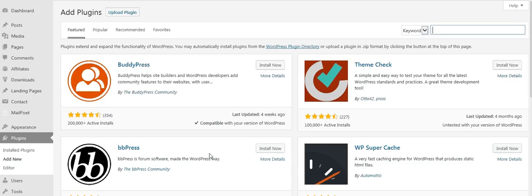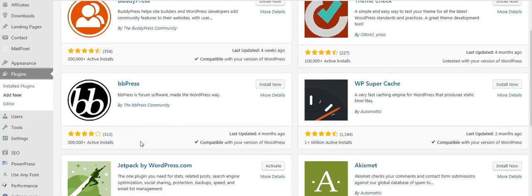Now you want to be careful. I'm going to give you a tip, okay? There's a lot of new plugins. You want to make sure you're using something that has a high number of active installs, and you don't want to use something that does not have a high active install number. And the reason why I say that is because people just throw out plugins just to throw them out there, and you don't want something with bad coding uploaded on your website theme that's going to conflict with your theme, conflict with the WordPress database, or conflict with another plugin, and then cause you to have an error to where you